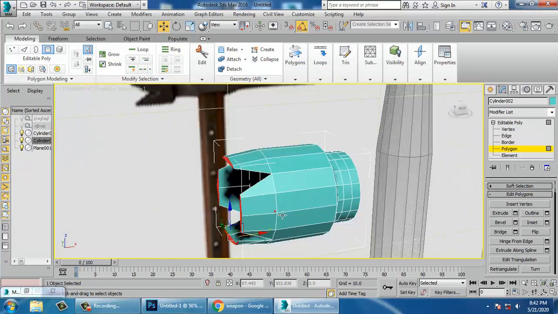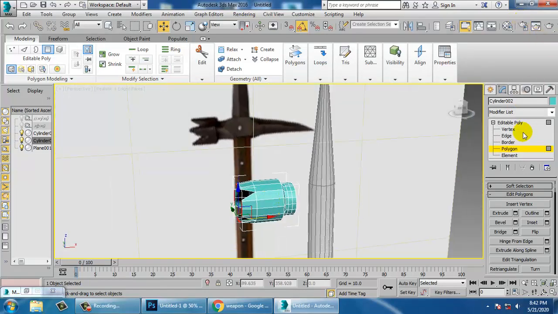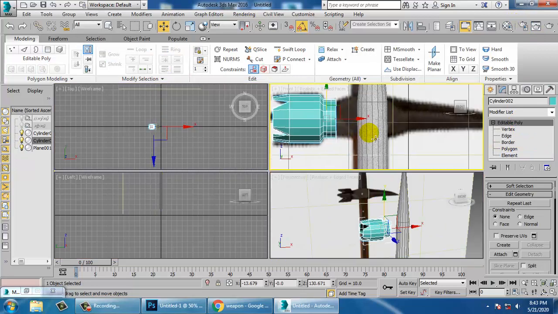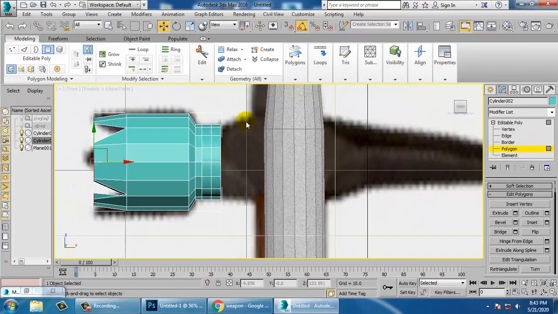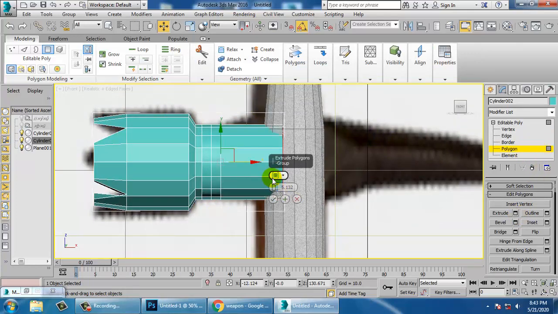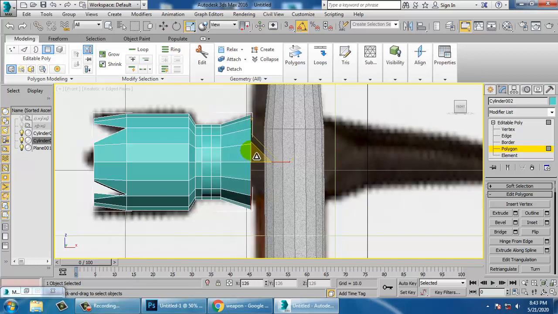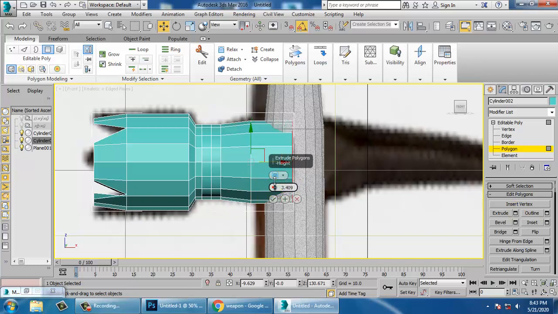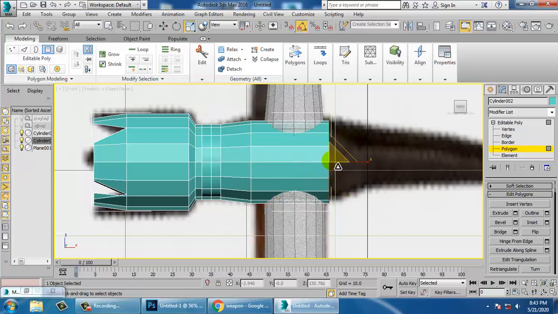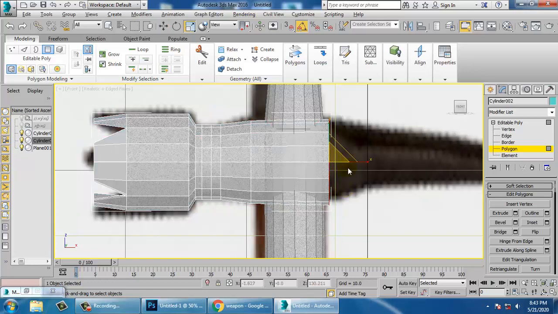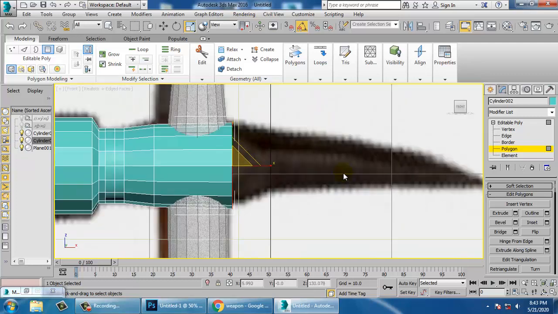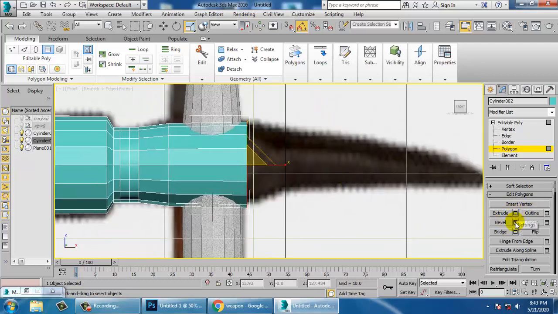So you can just bevel this over here. Now again select this polygon and extrude this up, scale this, again extrude it, scale it, and again you can also use bevel.